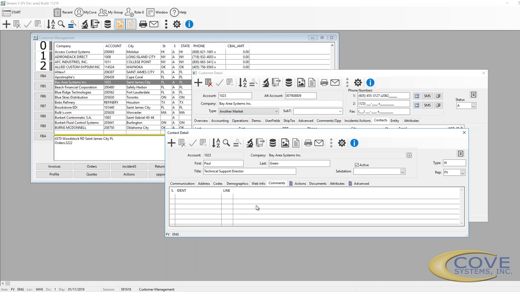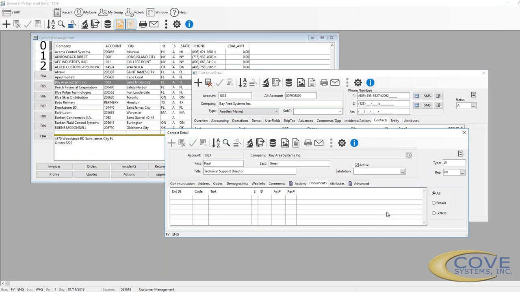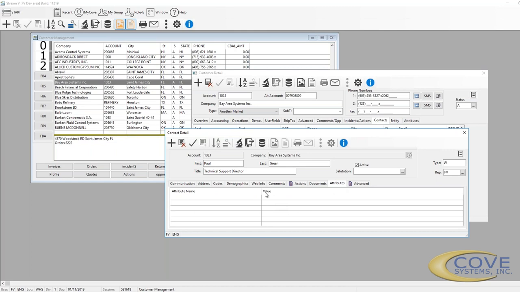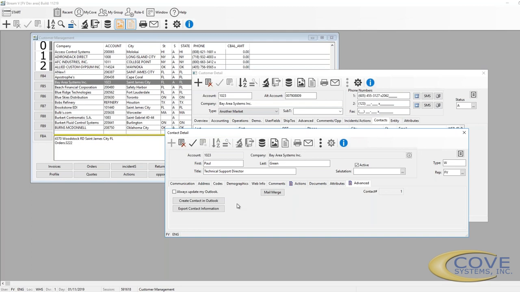Comments, again, you can have an unlimited number of comments per contact. Actions that are contact specific. Documents, emails, or letters that you've sent to this contact. Attributes, and we'll get to attributes when we go back to the customer. And advanced, which are some, again, where we put the oddball stuff. If you have Outlook on your workstation, you can automatically synchronize your contacts with your Outlook. You can export it, and you can generate mail merge documents for this contact. So that's our contact